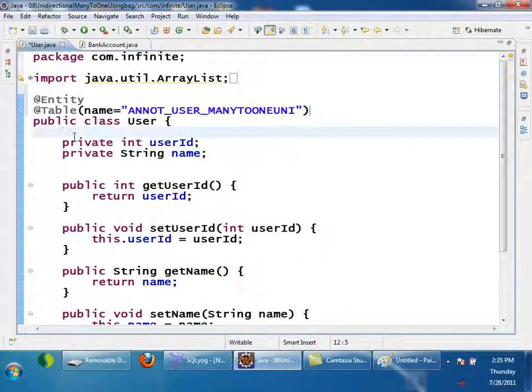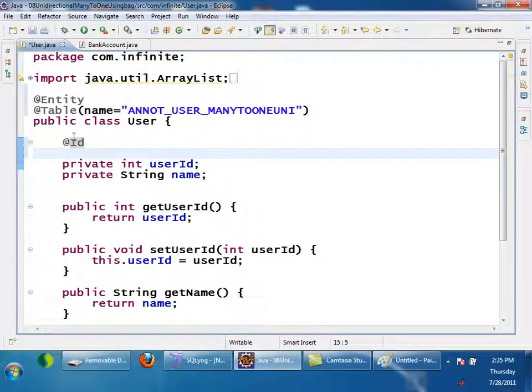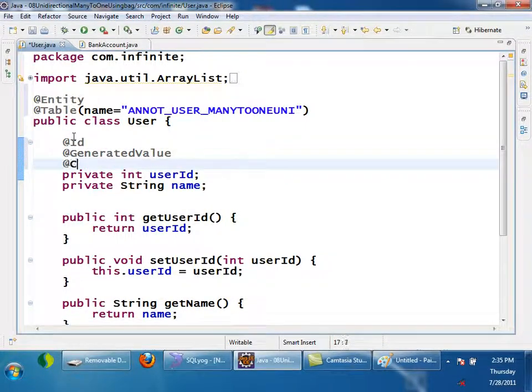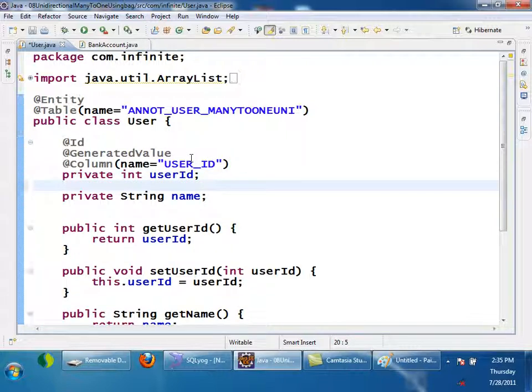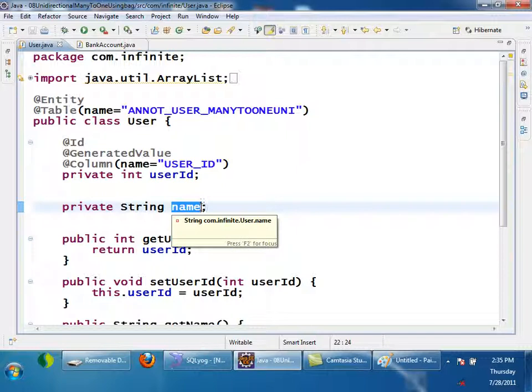And here I will annotate it with ID, generated value, column name is equals to user underscore ID. So I have configured all. I am not configuring column annotation on top of name. By default, name will be the name of the column.